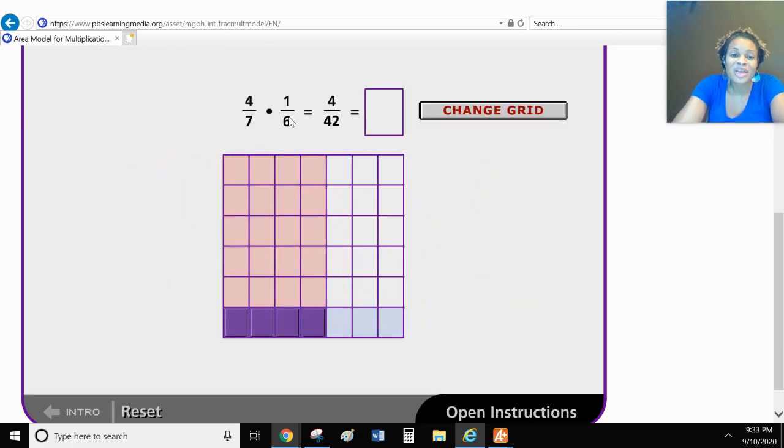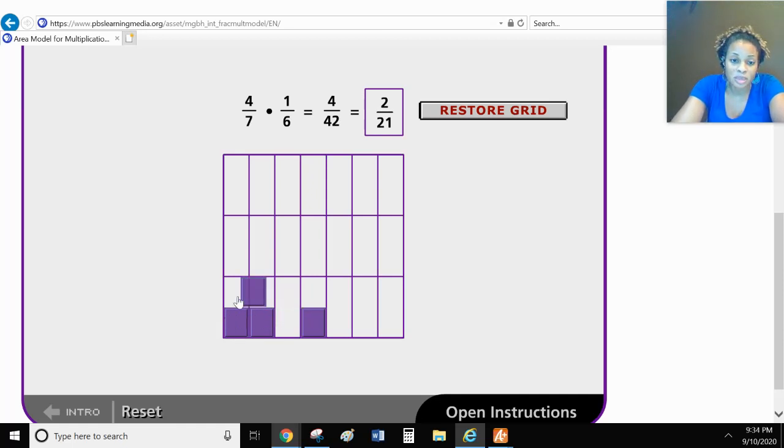Awesome. That's so cool. So I would have 4 out of 42. 4 out of 42. I'm going to say the GCF is 2 this time. Let's see if I'm right. Yes, I am. So if I took these and combined them, I would have 2 boxes shaded. So if I took this one and moved it there, and this one and moved it there, 2 out of 21